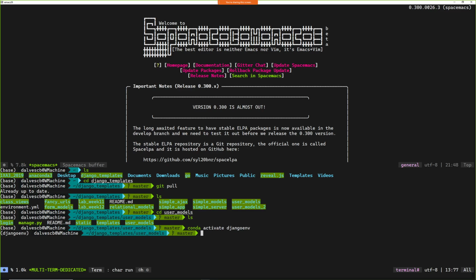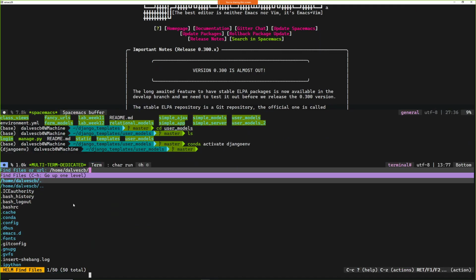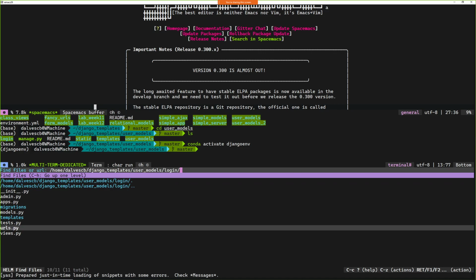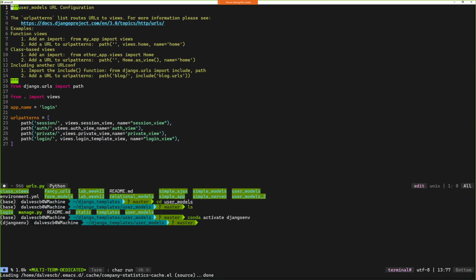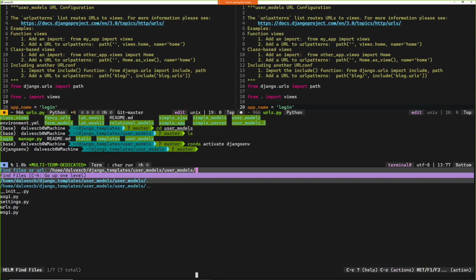Okay, so now we have access to Django. Let's take a little look around at this project. Let's say there's a single login app inside this project. If I open up Django templates, user models, login, and go to urls.py, to see how this project is set up. I guess we can check out the other urls.py too. If I look at the project urls.py,